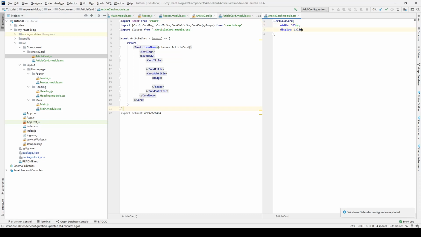We can set the inline block, which is important, and the margin, which is 15 pixel, and the article card image,